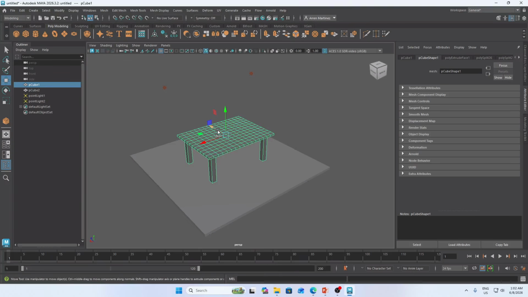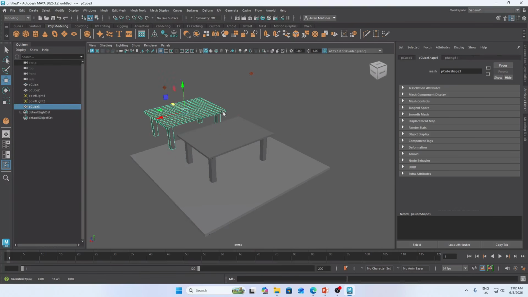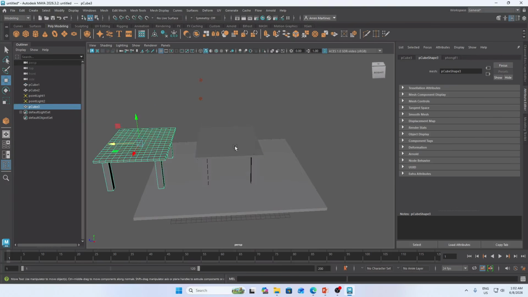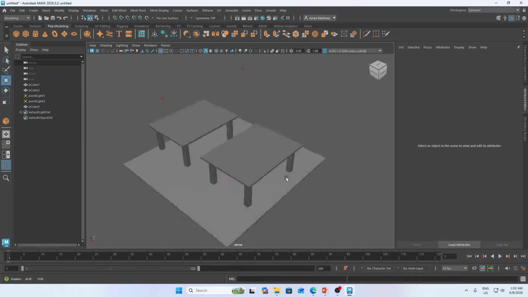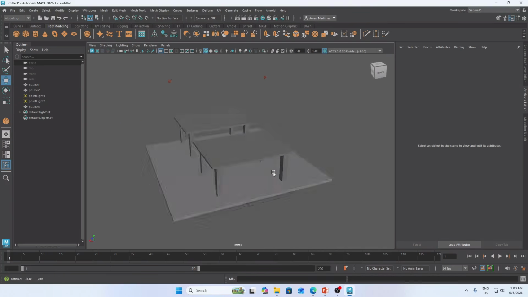Once you see the word clone, just click and drag, and it duplicates the selected object. Amazing, right? We now have two tables here.